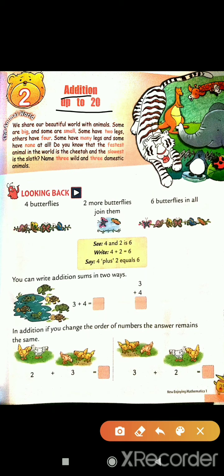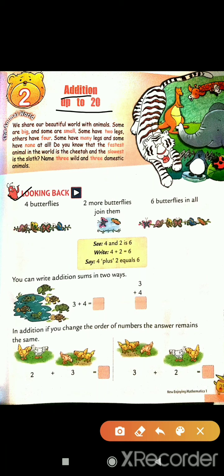In the previous lesson, that is chapter number 1, you have already studied about numbers up to 50. You are aware of the numbers now? So, in this lesson, we are going to study about addition. Addition up to 20. We are going to add those numbers. So, starting with the chapter,